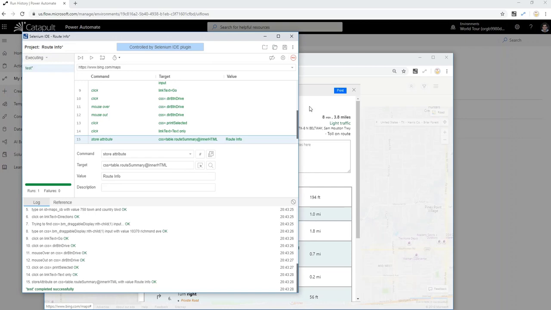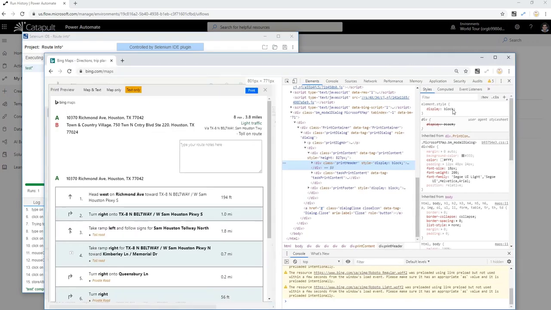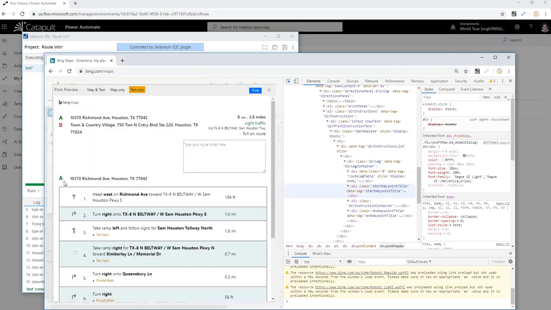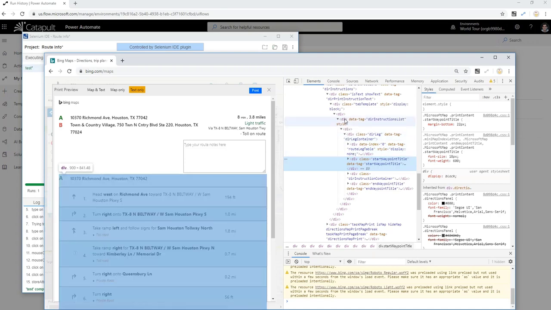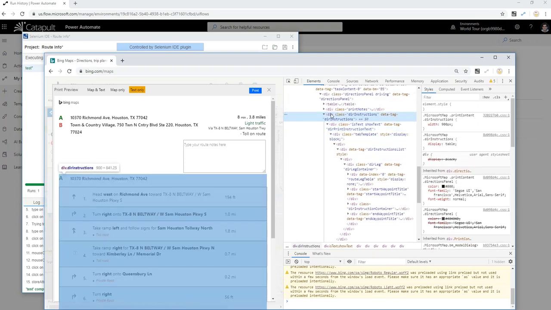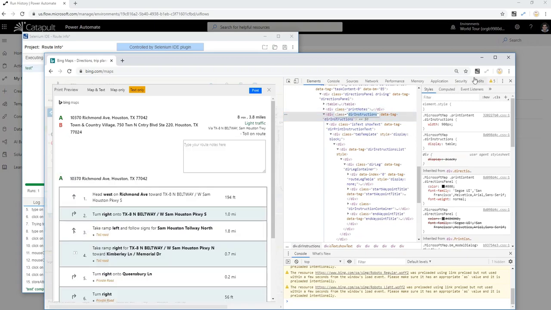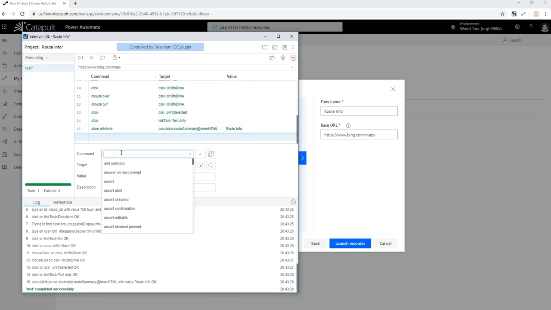Now, is that all I want? Maybe, maybe not, right? Maybe I need more information. Fair enough. Go ahead, search for the DOM again. Now here, there's this complete step-by-step directional information that is sitting in a div called dir instructions. So what I'm going to do, very easy. Click here. Once again, click to the next step, scroll down, click to the next step, store attribute